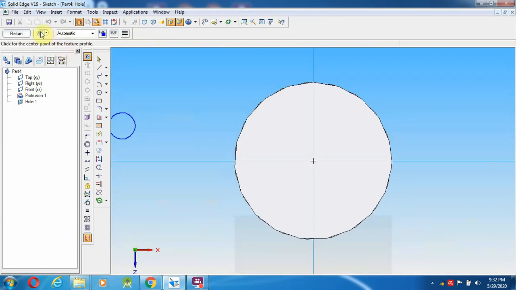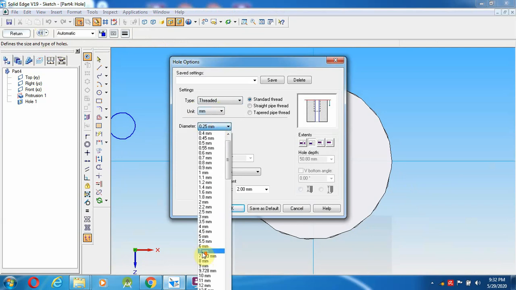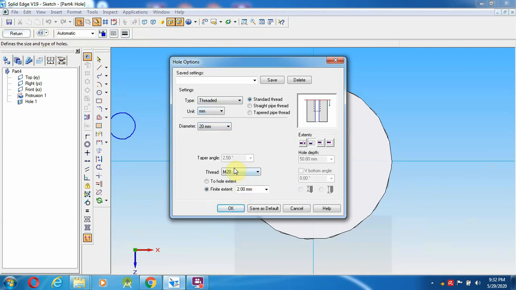Now change the hole parameter, go to threaded hole, and the diameter provided in the drawing is 20 mm. It is the standard thread, and up to the whole extent the threading has come.